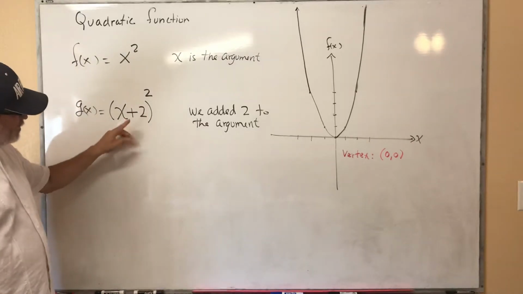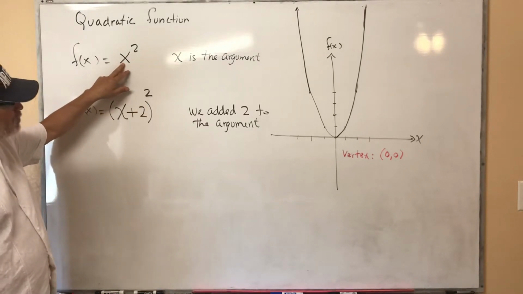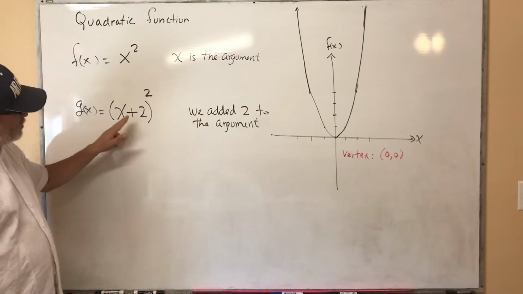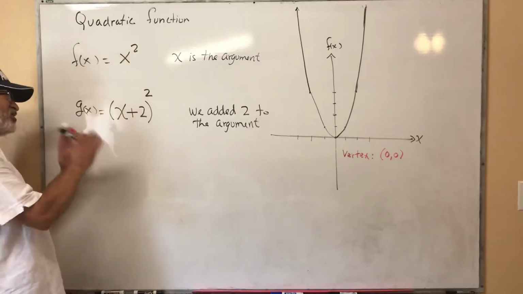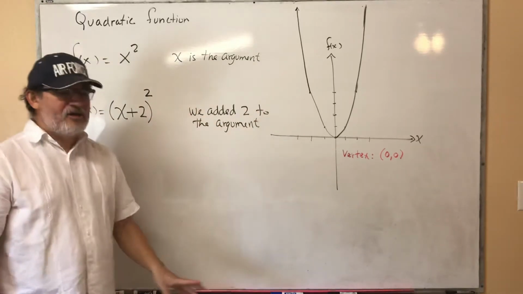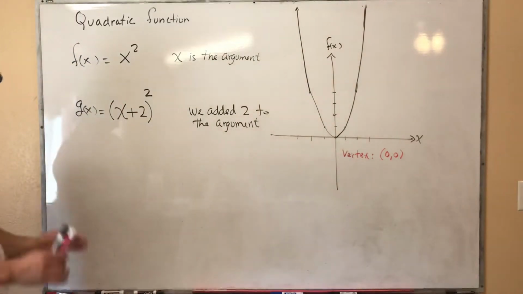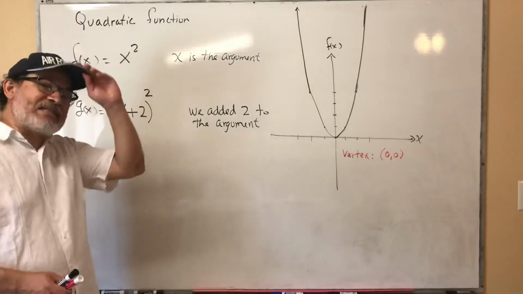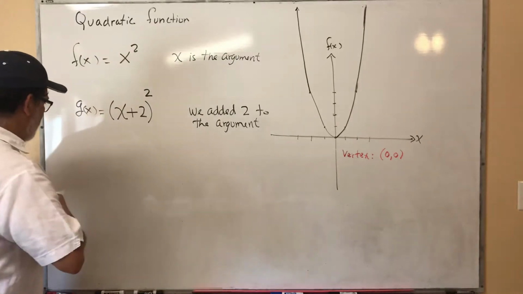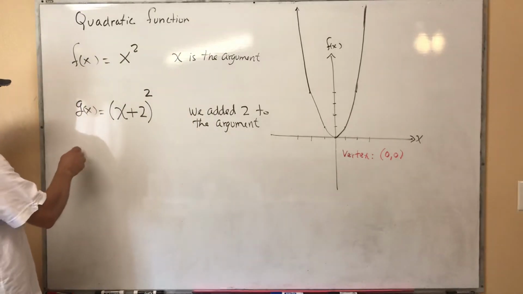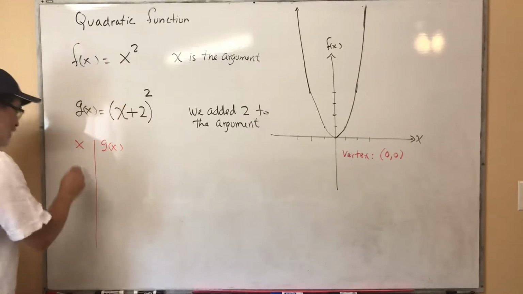What this 2 will do to this x squared: if you add 2 to the old argument and you square all of that, that's going to shift this parabola 2 units to the left. If you don't believe me, we're going to make a table. So here's x and here's g of x. Watch what's going to happen